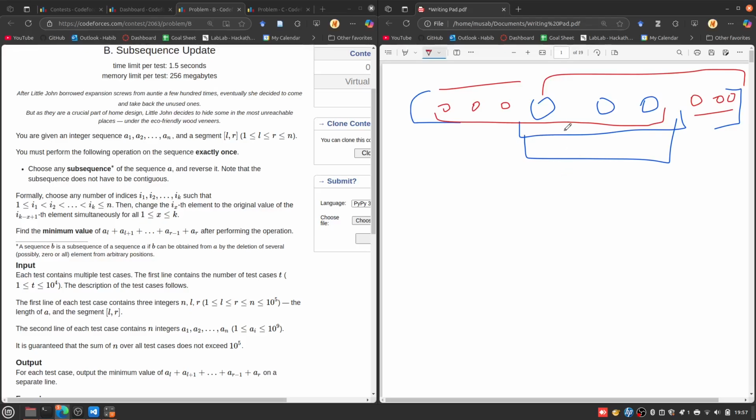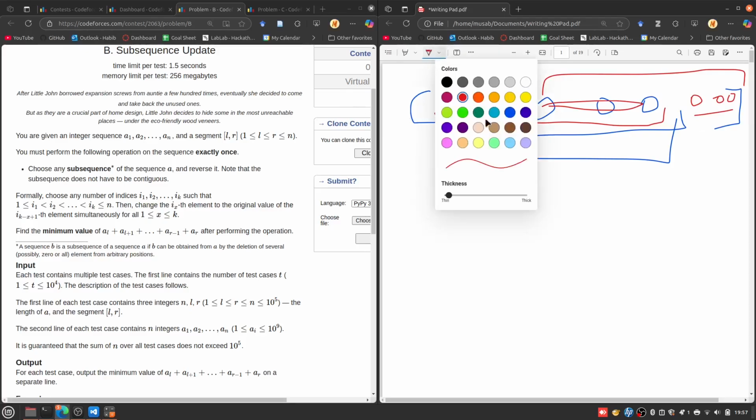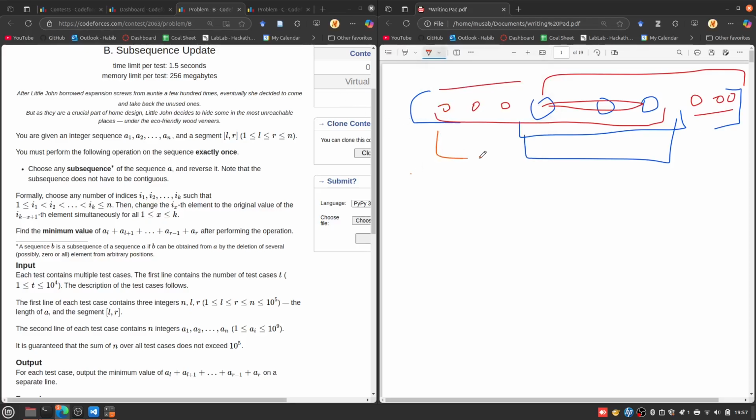So what would be the thing? This has some elements already. Is it ever helpful for the subsequence to span across this? I mean, obviously it's a subsequence, so it doesn't have every element, but would it ever make sense to take this, and then some elements over here? So what that would do,